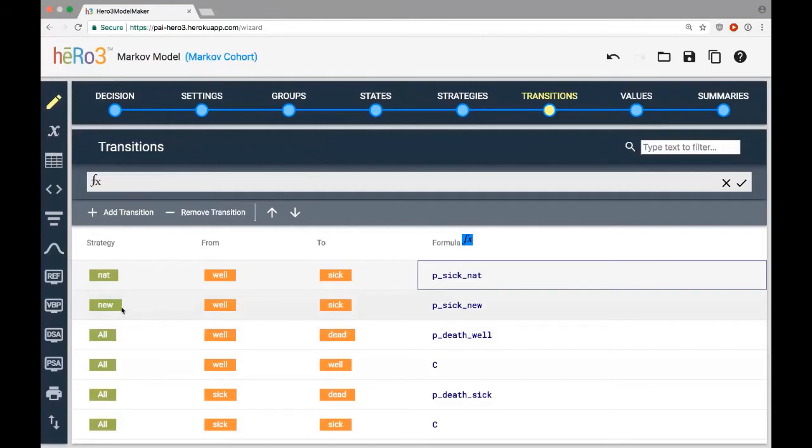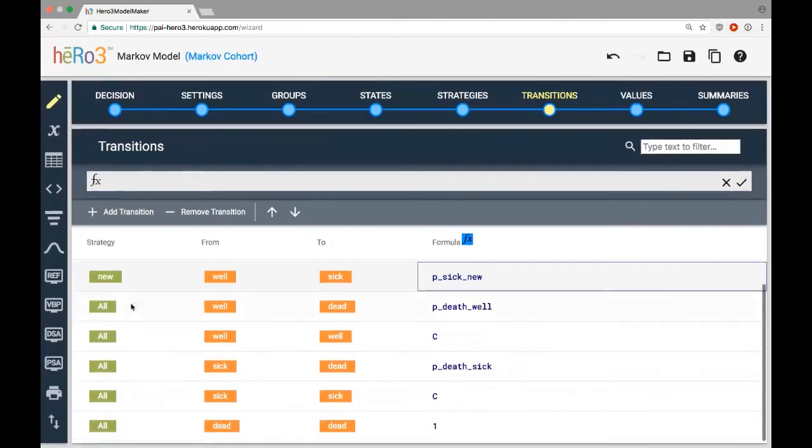And then this next row, you can see this is for the new strategy, and it's also for the probability of going from well to sick. And it references the probability of getting sick for the new strategy that we defined on the variables page. So these two entries are in the equivalent spot in the transition matrix. It's just that one is for the natural history strategy, and the other is for the new strategy.